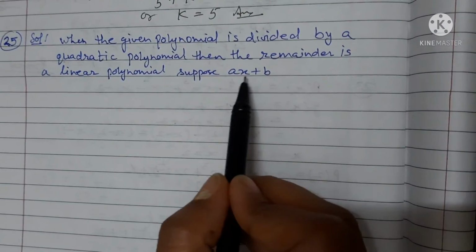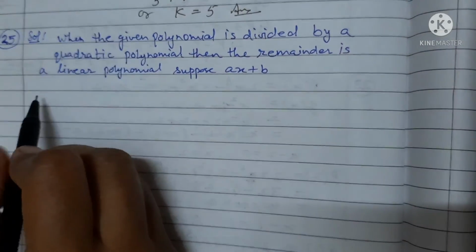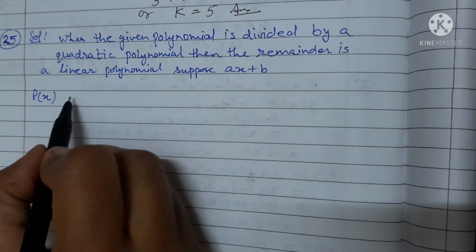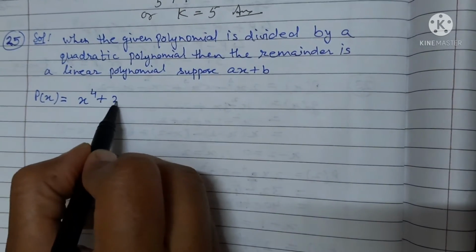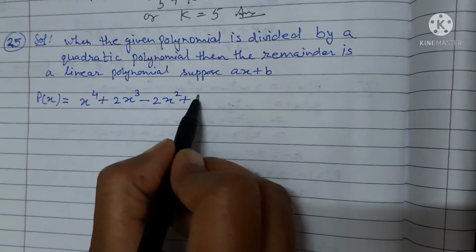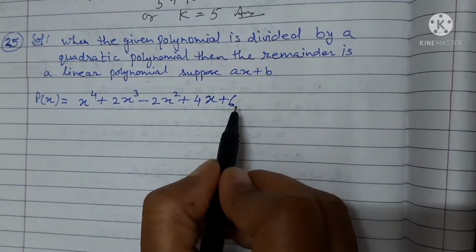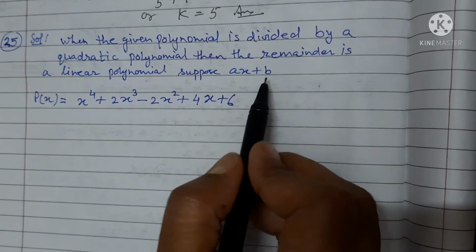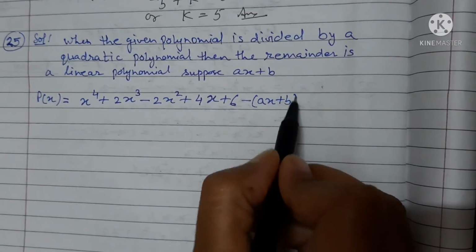Suppose ax plus b, in the form of ax plus b, and our polynomial P(x) is x to the power of 4 plus 2x cube minus 2x square plus 4x plus 6, and we have to subtract this linear polynomial ax plus b. So, you can write it minus (ax plus b),